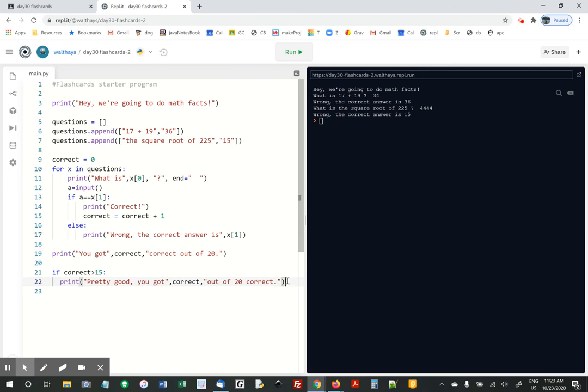And then you could say if correct greater than 10, you probably should practice. You missed. And to find out how many they missed, you can do 20 minus correct. And this is just like a little hint, hey, you really probably should be doing better. And then for an else, this is they got less than 10 right. You say,